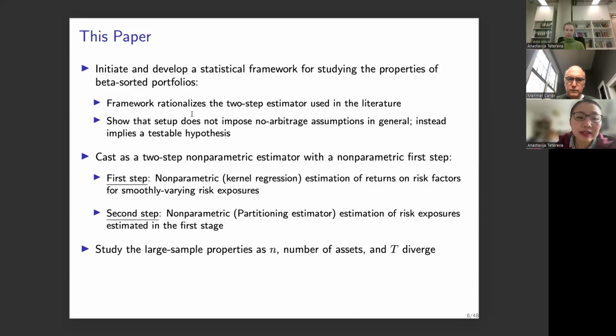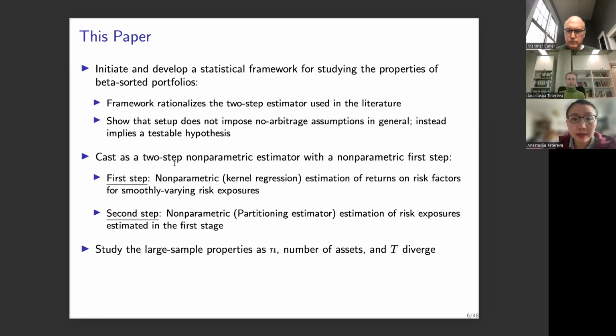We show that if one conducts such a beta sorting procedure, this model setup does not automatically impose the non-arbitrage assumption, but instead the estimator coming out of this procedure can be used to develop a hypothesis test for non-arbitrage implications. Econometrically, we cast this two-step